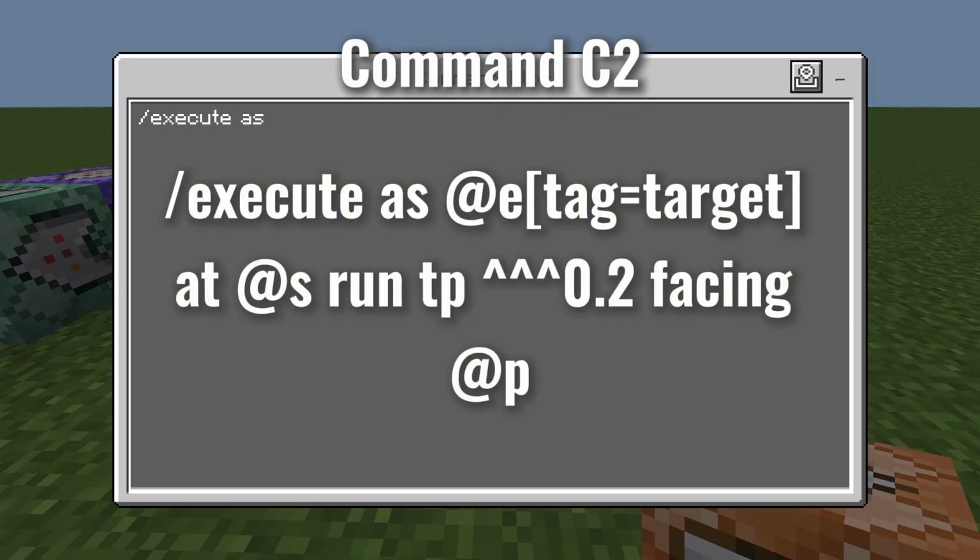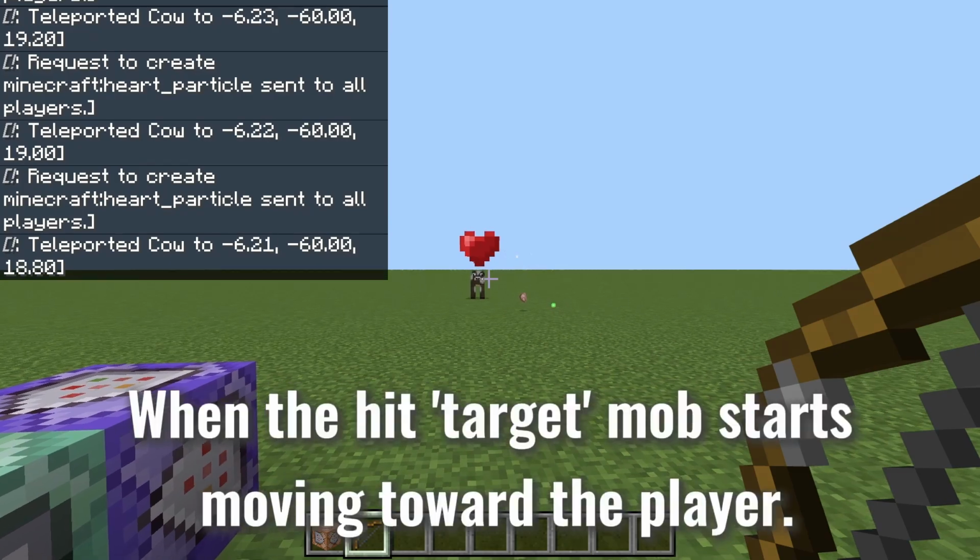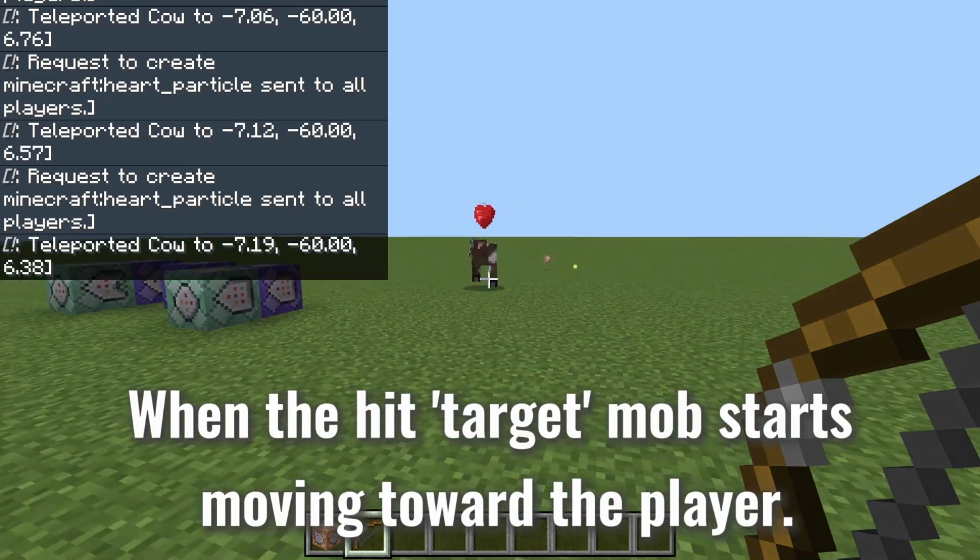This causes target mobs hit by the arrow to now move toward the player. When the hit target mob starts moving toward the player,